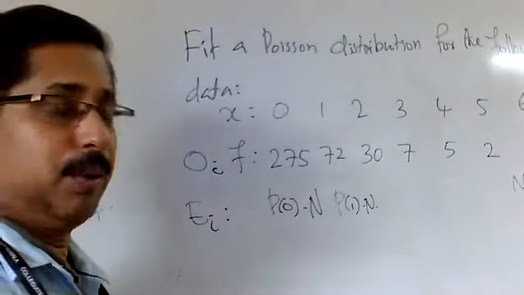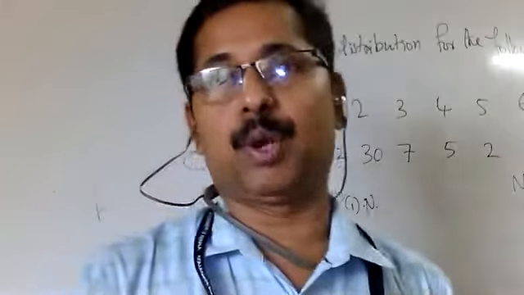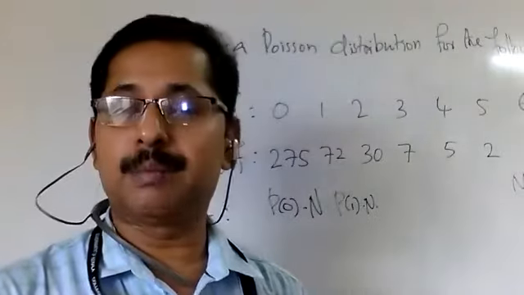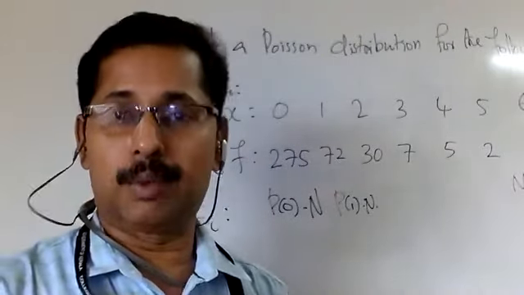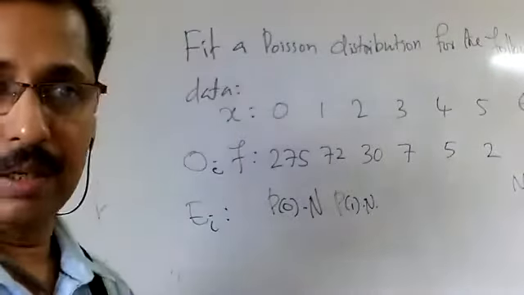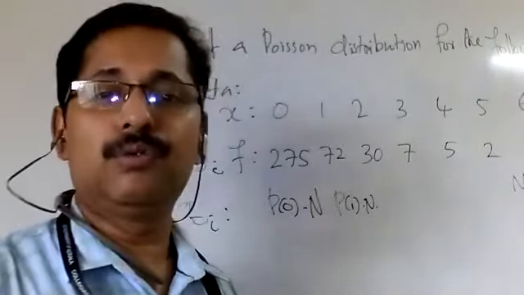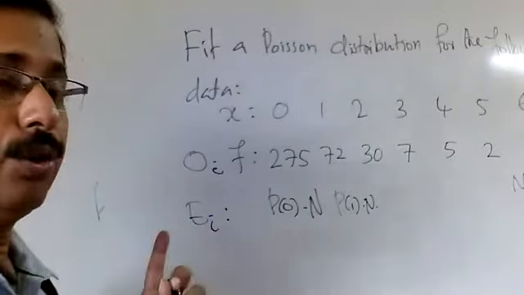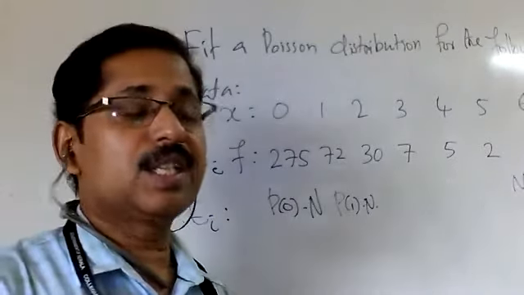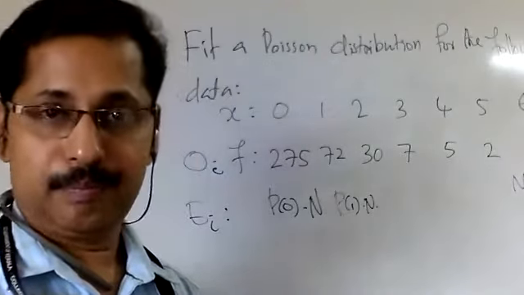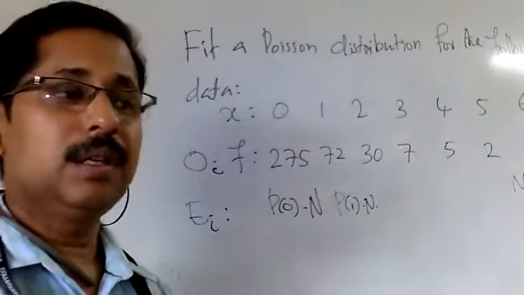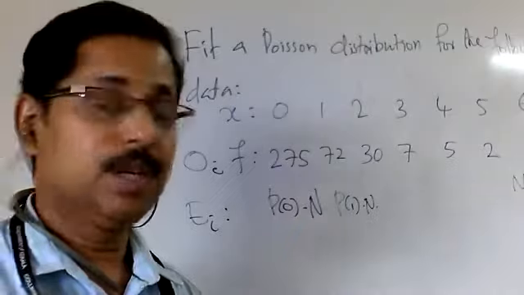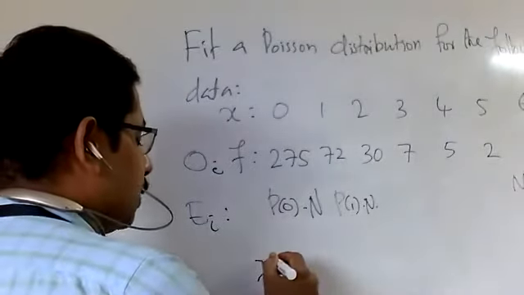Then use that formula. Before that, lambda is unknown. That is the problem. The Poisson distribution has only one parameter, lambda, a positive value. So here lambda is not given. How to find the value for lambda? That is the real problem in this exercise. You have studied in estimation theory that the estimate of lambda is the sample mean. If you have a set of given samples, then the estimate of the Poisson parameter lambda is simply its mean.